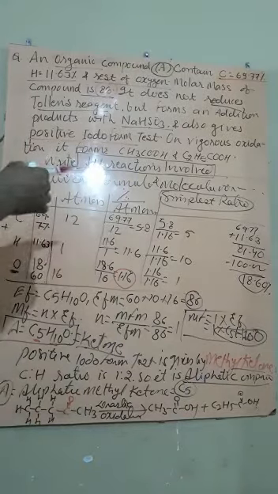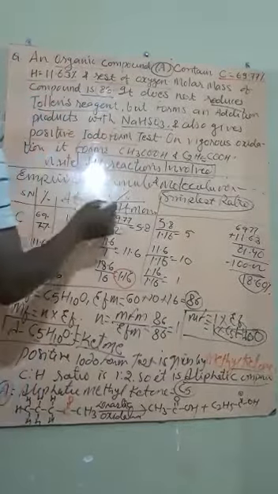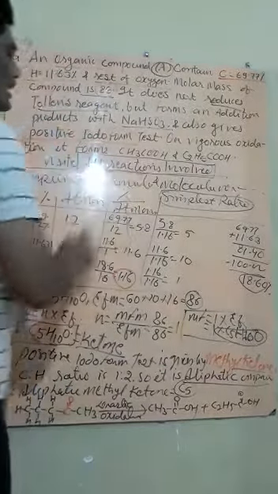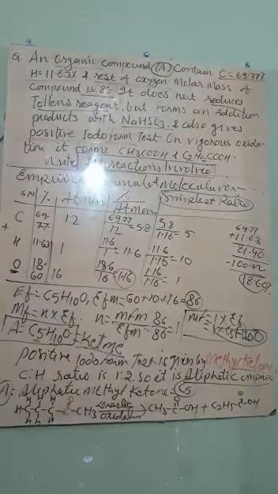But student, along with this, you have to write the reaction with NaHSO3 and the reaction of the iodoform test, because all the reactions involved are asked. So on the basis of the previous topic, you can solve this question.